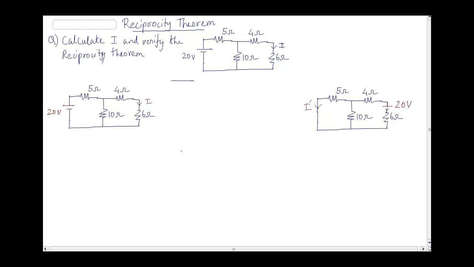Next, let us look at the reciprocity theorem. What does the reciprocity theorem say? The reciprocity theorem says that a circuit will be reciprocal. What is the meaning of reciprocal? That I will say later. Anyway, right now you just understand this, that the circuit will be reciprocal if the circuit is